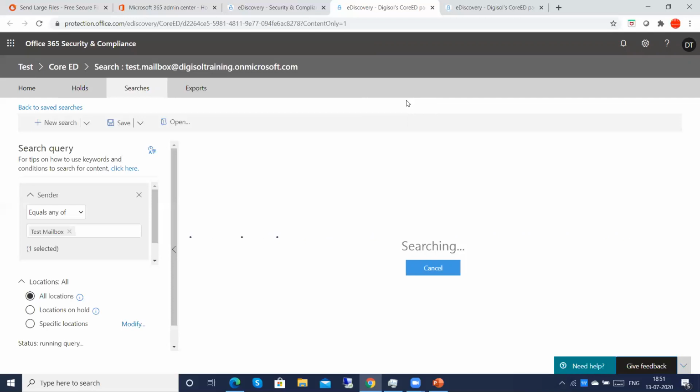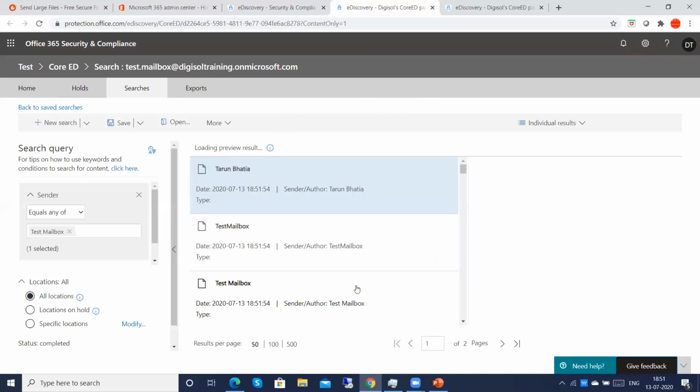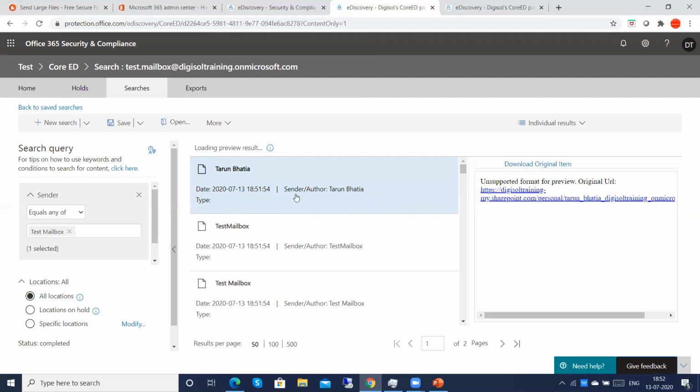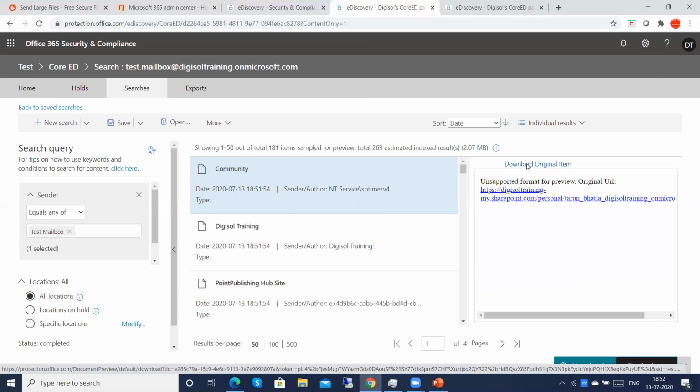It is taking a couple of minutes, retrieving, previewing the result. Yeah, you can see here these mails showing me the preview list. Any mails can be downloaded, and we can export as a PST or download the original item, and you can give it to the user. This is the way we can do it, just by clicking download